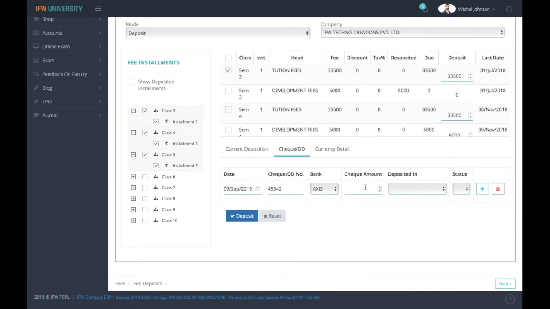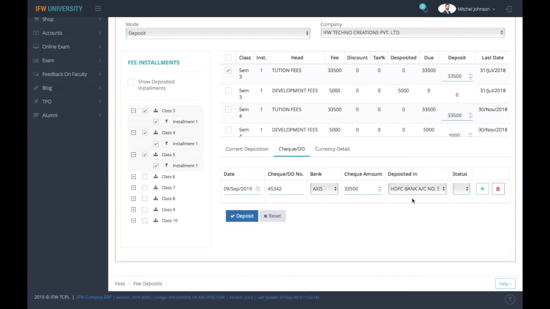Select the amount. Let it be 33500. Now this deposit bank is your bank in which you have the account. It means the institute has the account. Select the check status from here and click on deposit.